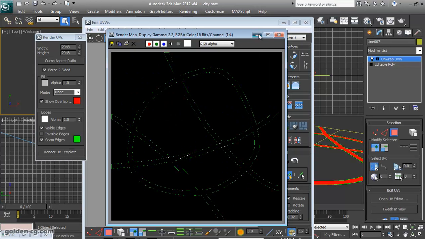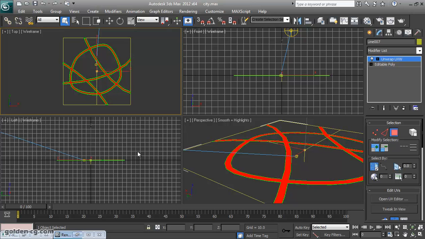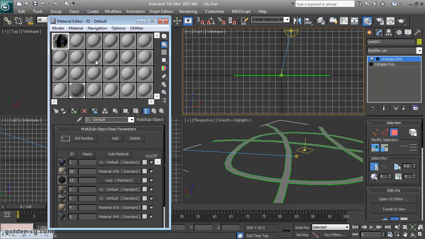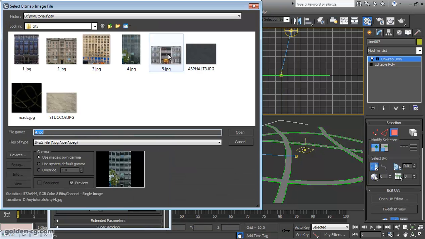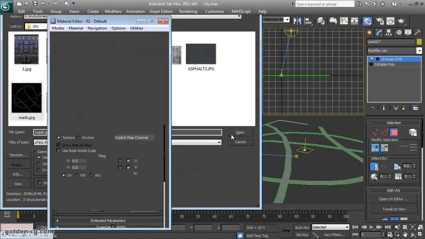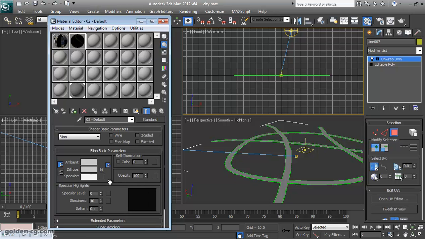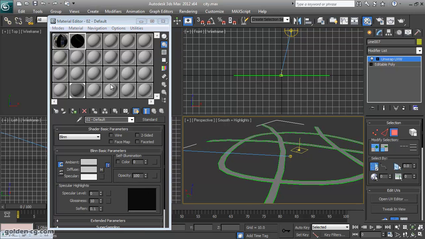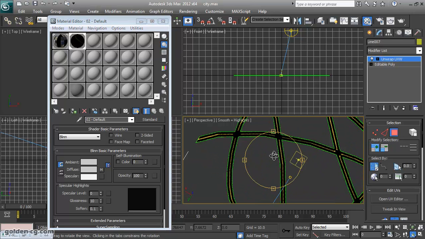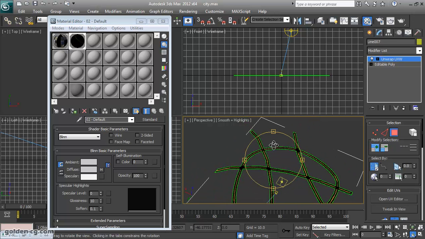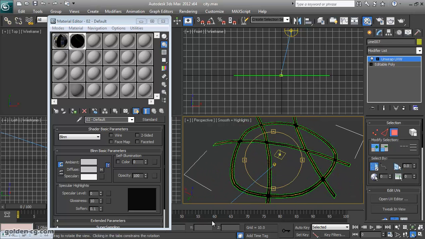I know the UVW map, so I will go and choose another material and apply the road map. Okay, you can see we created this road beautifully, and you can see the green lines here are actually because here we hide, but